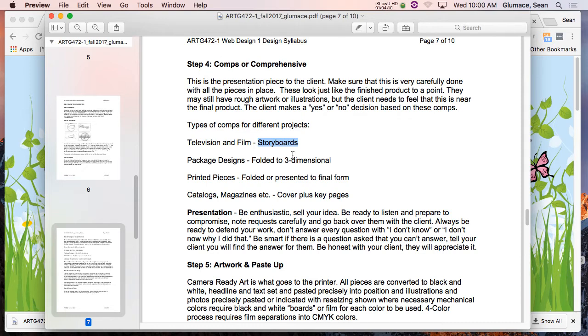Because a lot of times you're working for a client who's not a designer. They may work for a company like AT&T, and they're not even talking to their art department. So I'm playing the in-between there too. So I'm trying to protect my client from getting fired or doing something stupid at their company.